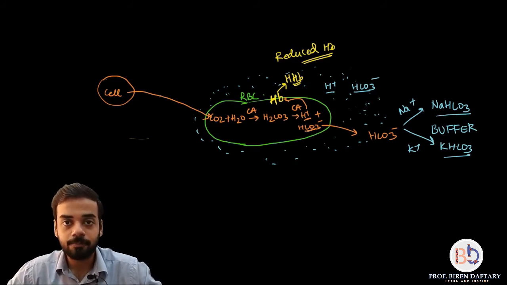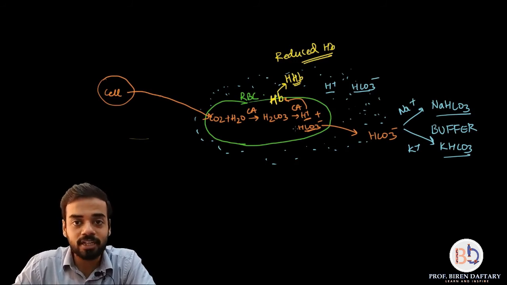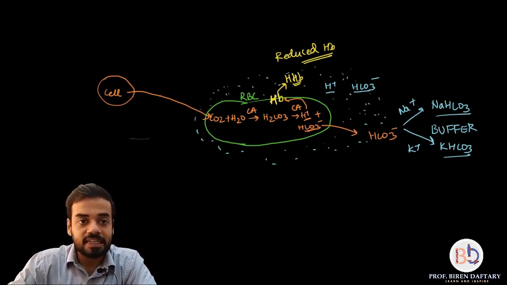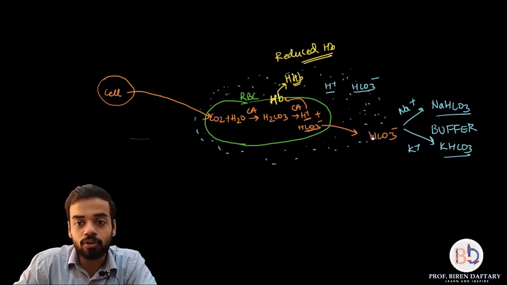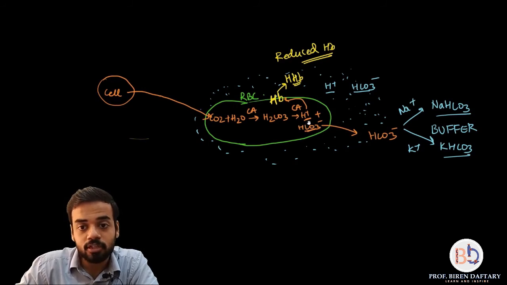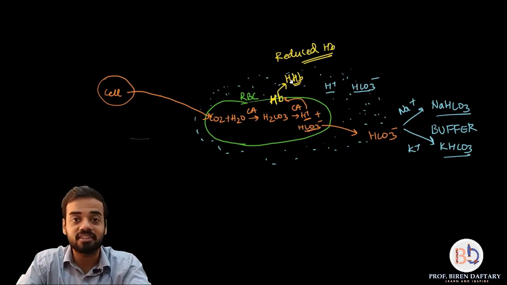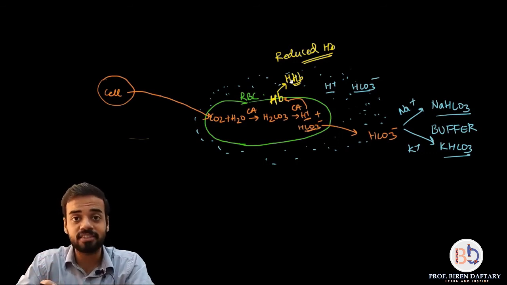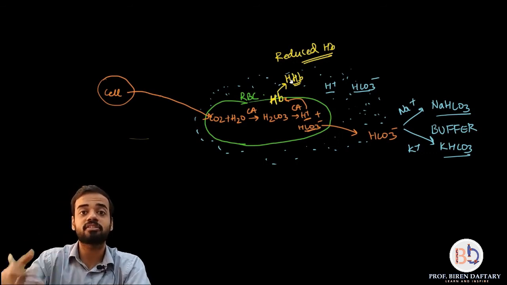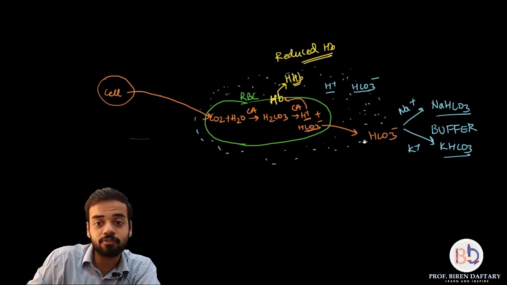So is this clear? Now, because these bicarbonate ions from the RBCs are diffusing out into the plasma, the RBC is losing its negative charge. The bicarbonate ion has a negative charge. So if it is going out and diffusing, the negative charge inside the RBC is decreasing. This makes the RBC very unstable. Charge wise, the RBC becomes unstable because it is continuously losing its negative charge. And why is it losing it? Because the bicarbonate ion is diffusing out.